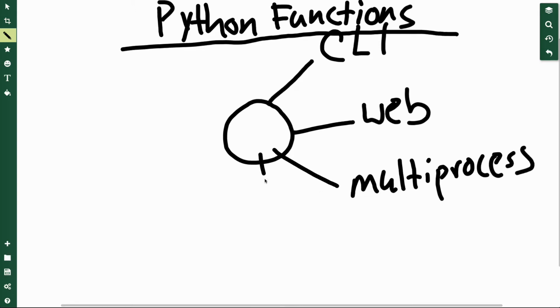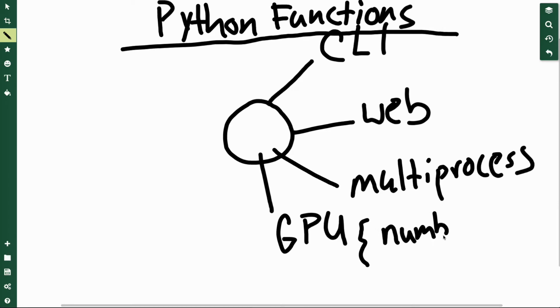What else can you do with the Python function? You can also do GPU programming. Believe it or not, one of the really cool things about Python functions is that there's a library called Numba. And with Numba, especially with Colab Notebook, this is a great combo. You can use the NVIDIA SDK, which is CUDA, and parallelize your code onto a high-performance GPU. So you can do really complicated operations like Mandelbrots and, I don't know, distributed machine learning or whatever it is you want to do just by writing a Python function.